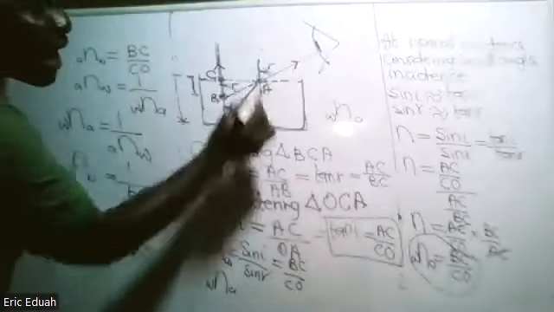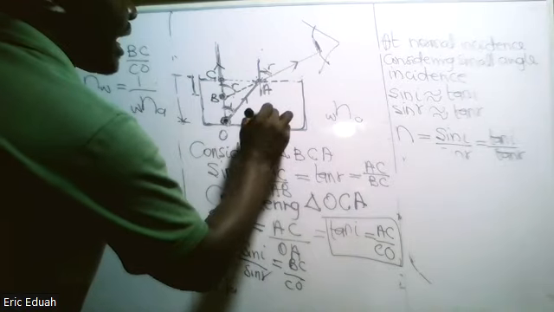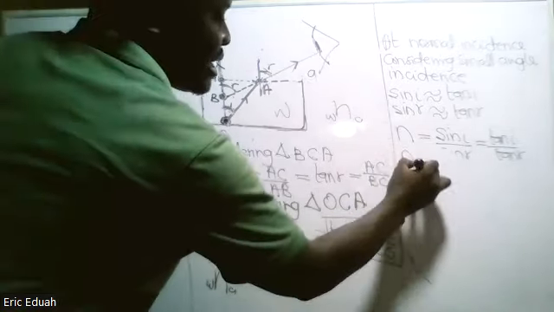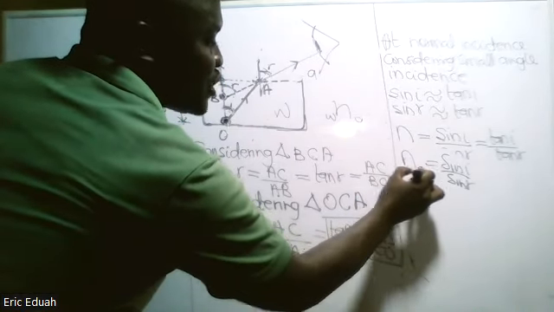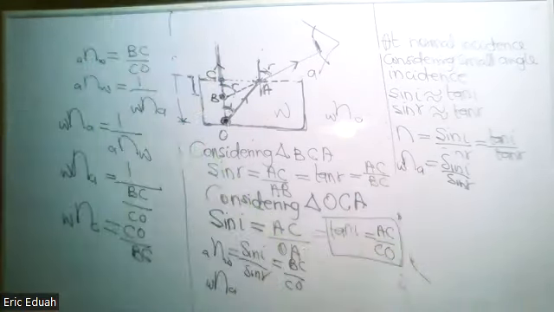Please, are you okay? Let me take that part again. From what we have, we are looking at the light moving from water to air. So if we take N is equal to sine I over sine R, what is the path? We are moving from water to air. So this is actually the refractive index of air with respect to water. It is equal to sine I over sine R, which we substituted as tan I, AC over CO, all divided by sine R,